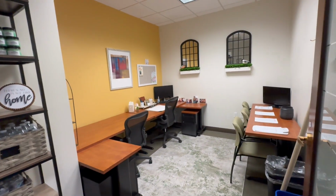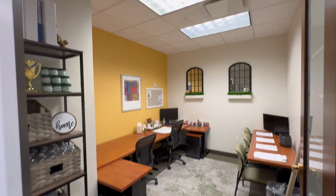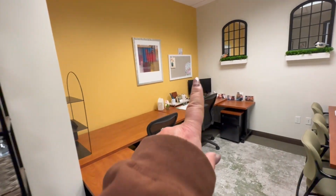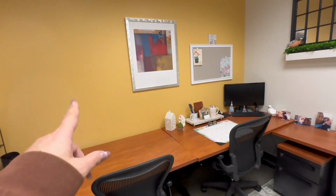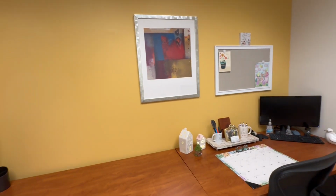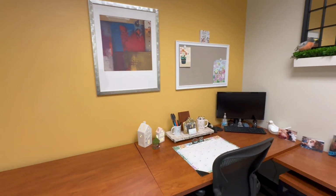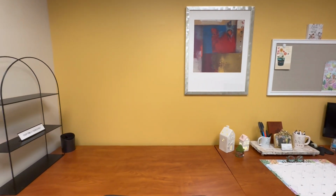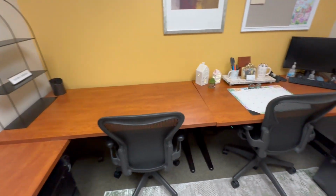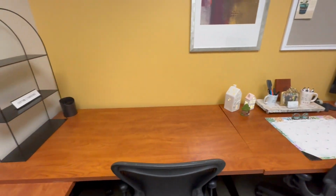So here's office number 2, you guys. What do you think? I'm in love. Let me know. This bulletin board, I'm going to get one for Christine. It's on its way from Amazon, but I didn't want it delivered to the building over the weekend because it's closed. So it will be coming next week. And then she could do whatever she wants in her space. Of course, I'll get her a calendar and a blotter. She'll have her